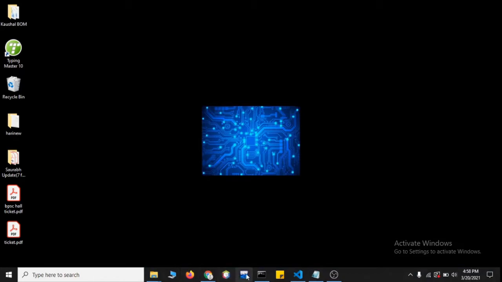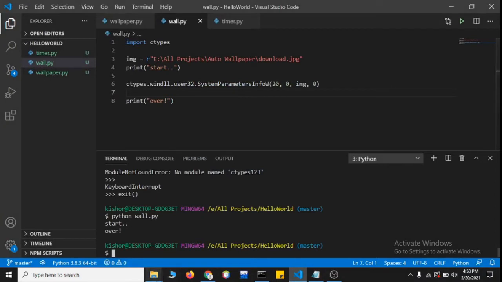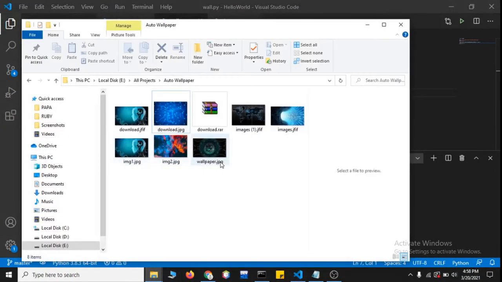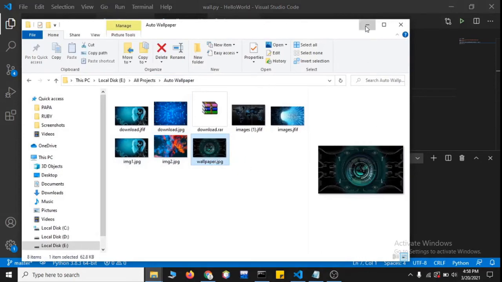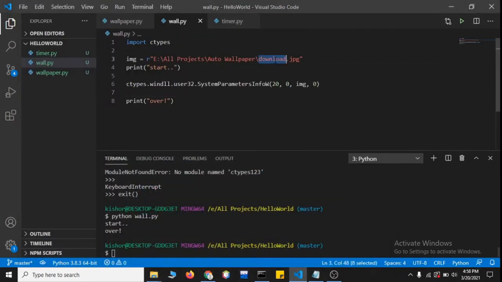Similarly, I'll show you once again. We'll go over here and select one more random picture like wallpaper.jpg, right? This one right over here, wallpaper.jpg. The extension and everything should be correct. If you are missing anything, or if you have any typo, you will just see a black screen, and that's what I used to get as comments from people, that the whole screen becomes black. The reason behind that is that the system is not able to find the image at this location correctly, and that's why it becomes black.